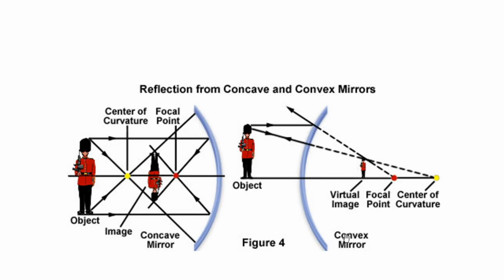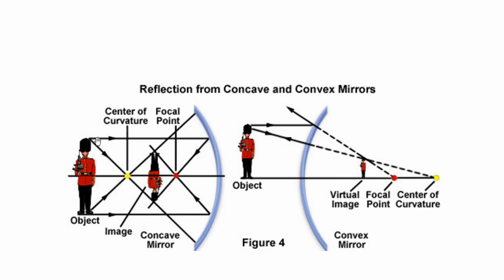If we place an object here, we are able to see the image here beyond the principal axis. Here it is not any mirror, but we are able to see it, and the distance will be the same here. This is the focal point where the reflected ray passes through, and this is the center of curvature. This we have seen, how the concave mirror works.